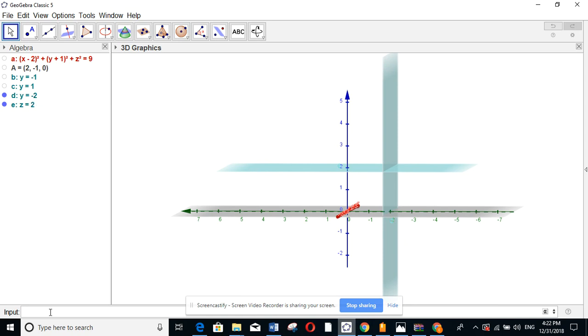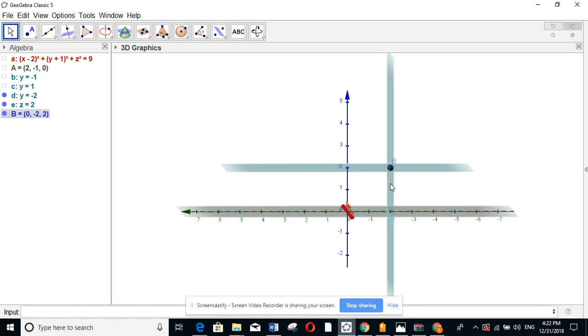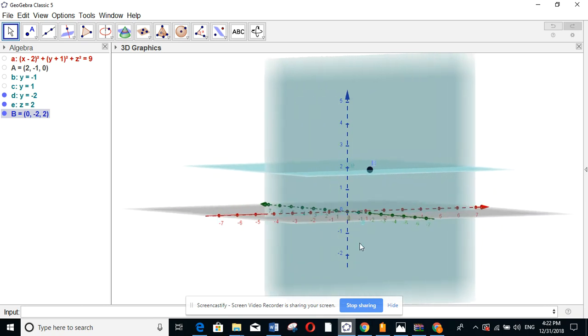So if you put, for example, a here, another a, because I have a up, b equal 0, -2 and 2, you can see that this line passes through this point but is parallel to the x-axis. Okay,